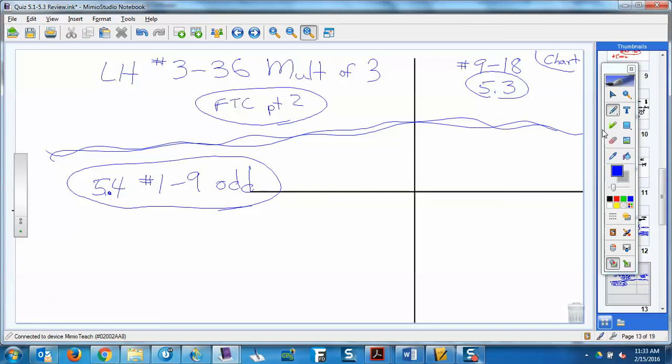I'm sorry, what page is that on the LH? It's on your assignment sheet, page 298. So on the LH, that's page 298, in the LH packet. It's written on your assignment sheet, but